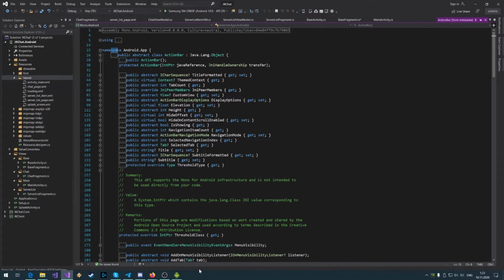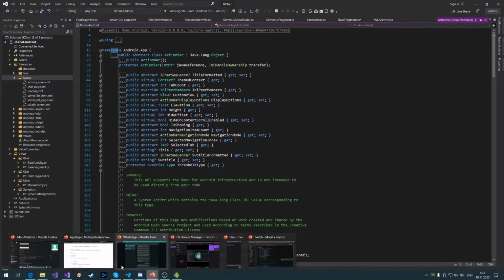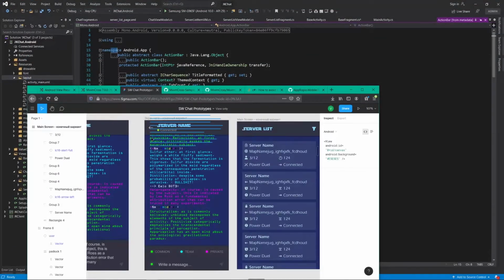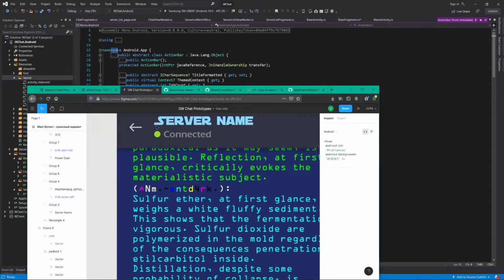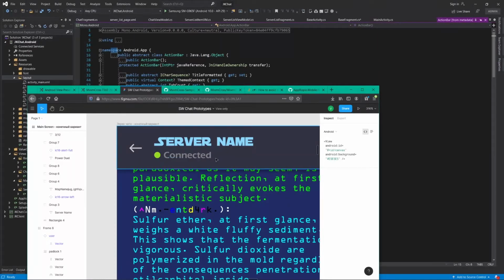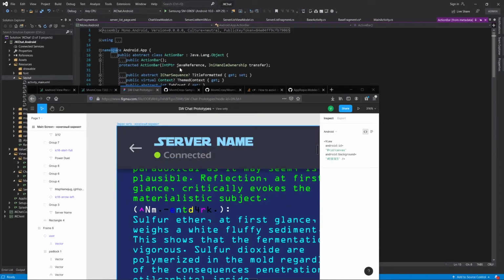I guess I'll have to use custom view for title, because it has this little icon. It has subtitle, but subtitle could be set,